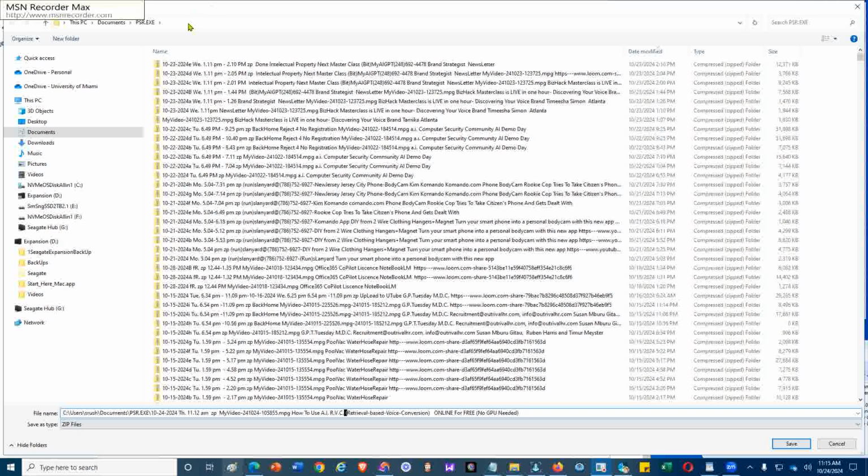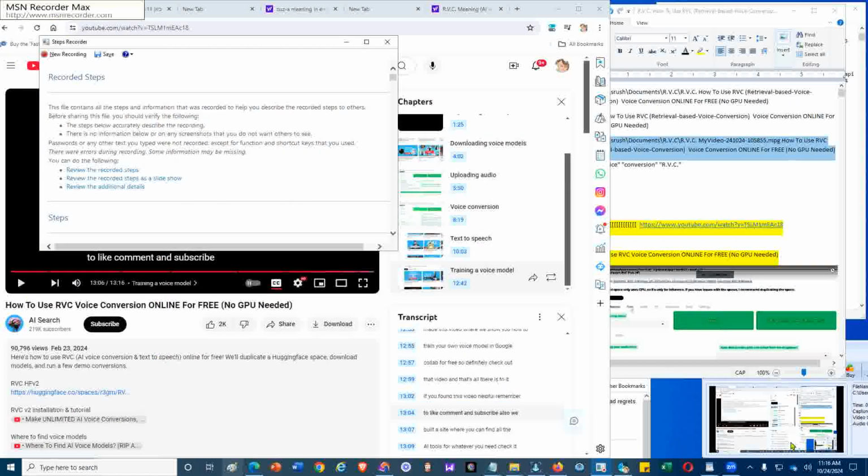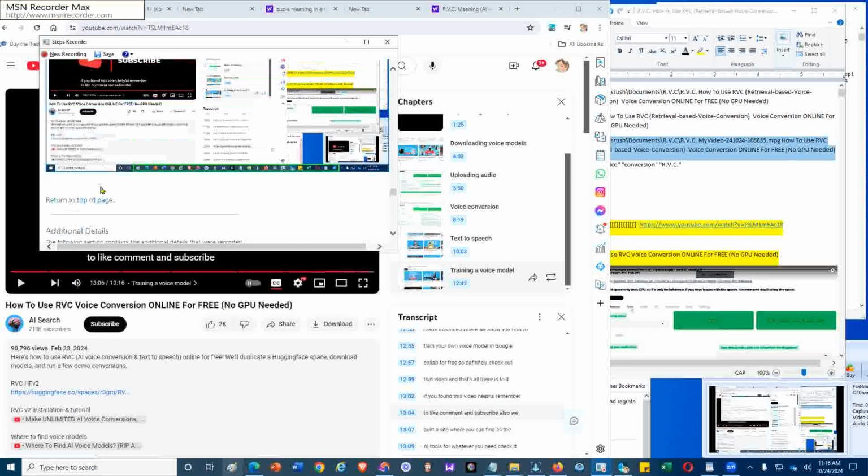To review it again, I'm going to focus the cursor on the first input field of the Save As dialog box and examine it. Now, this is the first input field of the Save As dialog box, and then I move to the last input field, which is file name, or one before the last. The last one is Save As type, and I keep that as a zip file. Mark it with the cursor, and now that it is marked, I'm going to right mouse click and copy to the clipboard buffer. Then save it to the file,